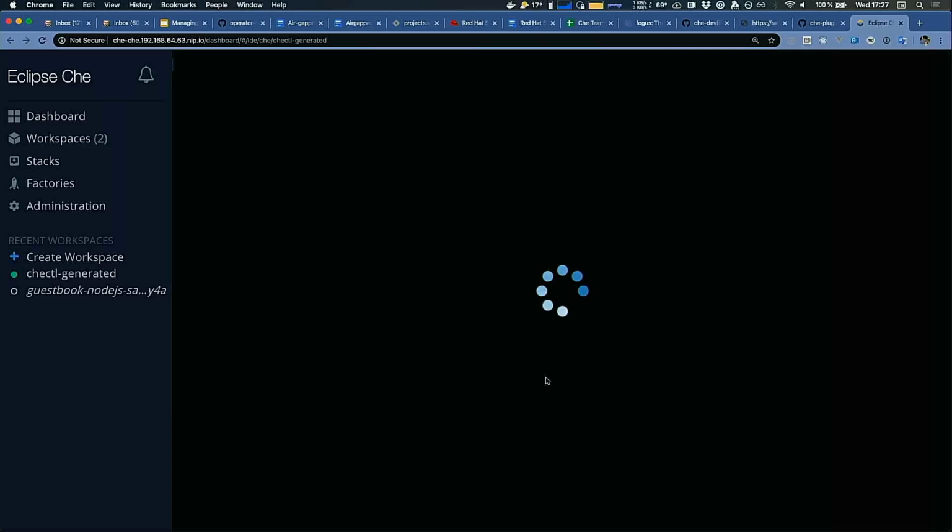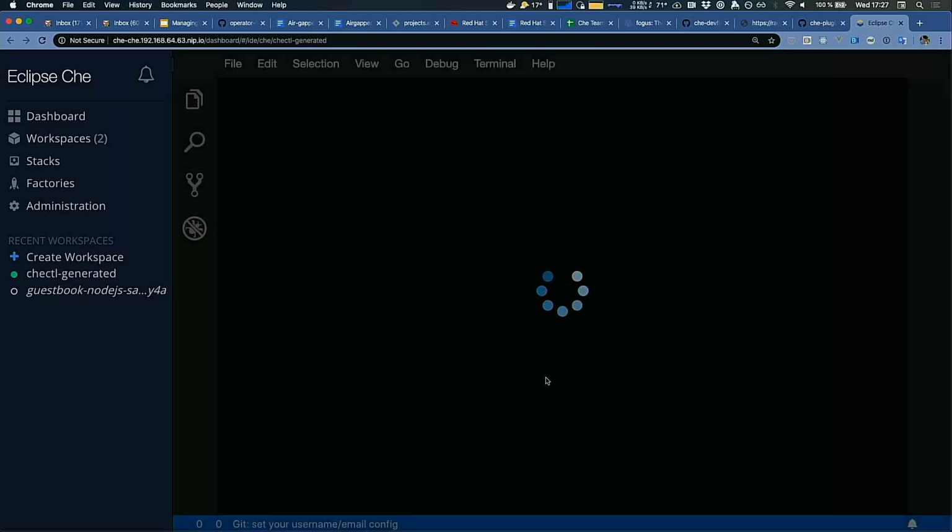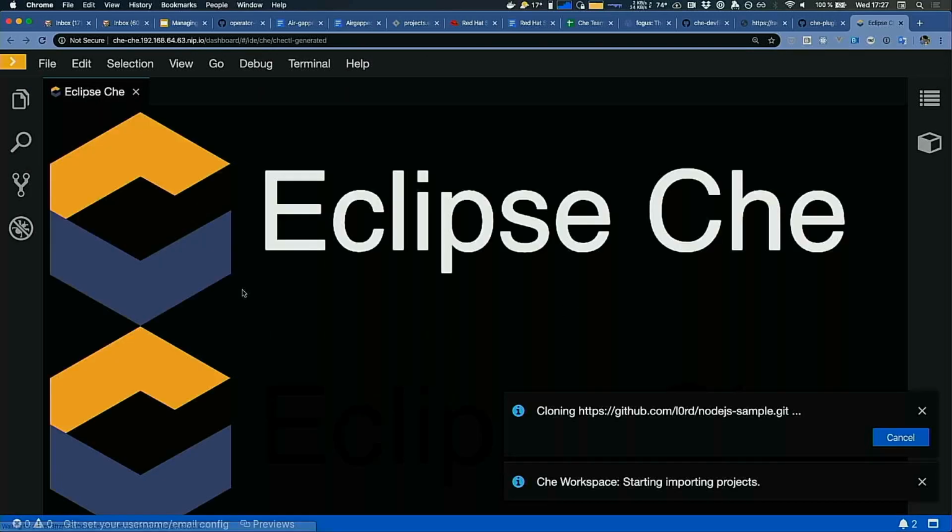Yeah, so all the containers have been pulled. So now Theia has been loaded and it will start cloning the project.